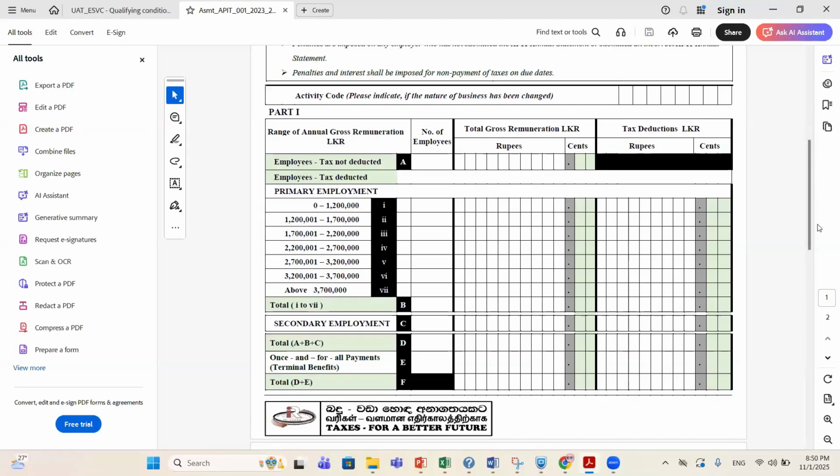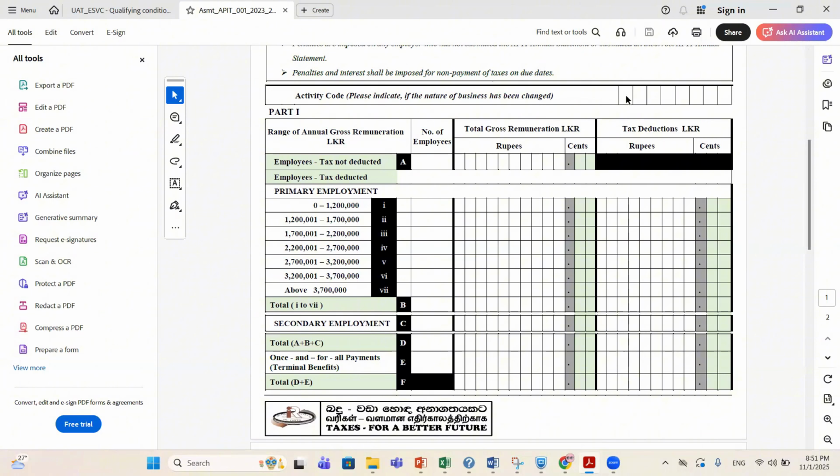First part, right? This is the first part for the total employment remuneration, total remuneration, and the withholding deducted amount, right? Annually, total remuneration paid by the company and the WHT deducted amount. That is what you need to disclose under the first part, right?